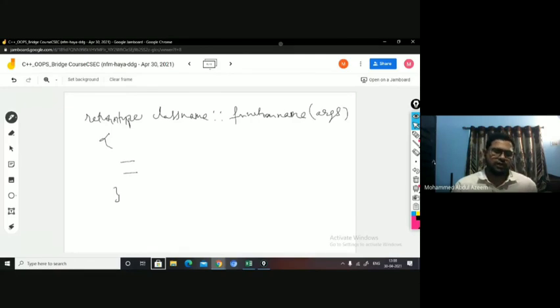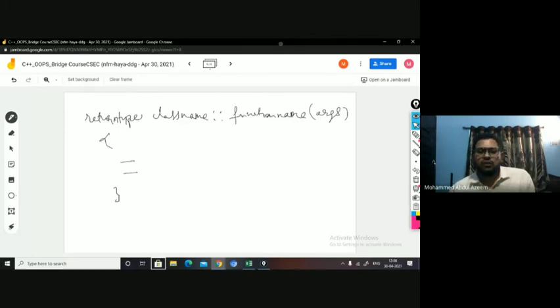Readability is one of the important criteria for evaluation in programming languages, right? If the program is more readable, then it is writable. When it is writable, then it is executable as well, right? So that's how the readability importance is there in programming languages. So this kind of defining the function source code outside the class will help to improve the readability.